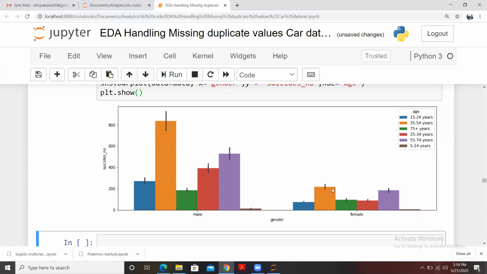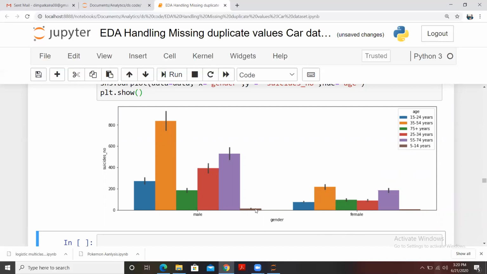So you see the maximum suicide for the female in the orange category only, and for male also in the orange category. So this is for the 35 to 54 years. So this age group is more into suicides.